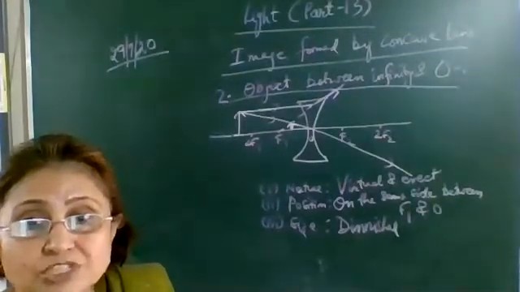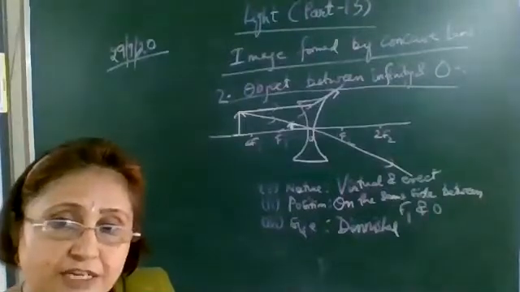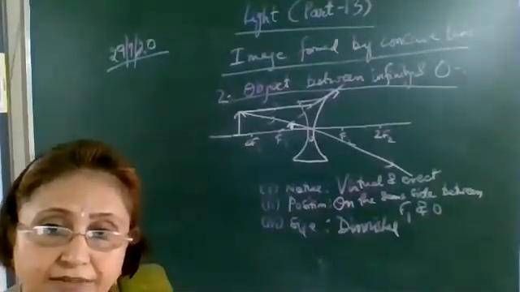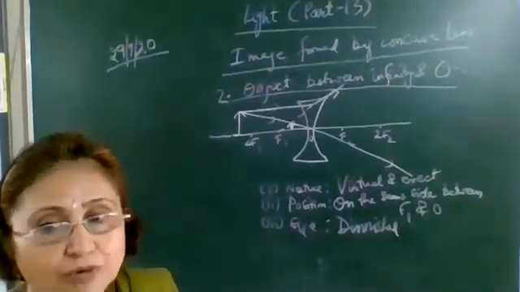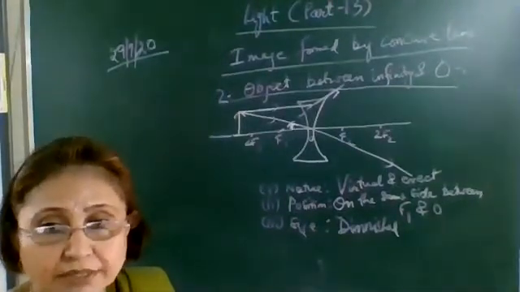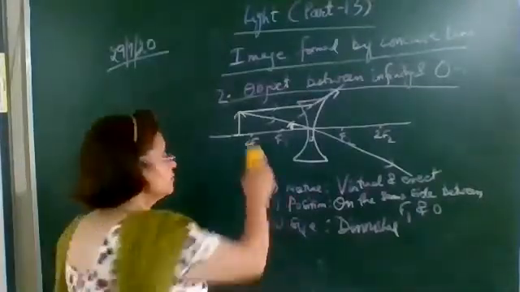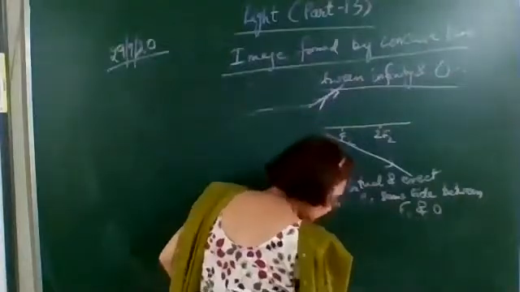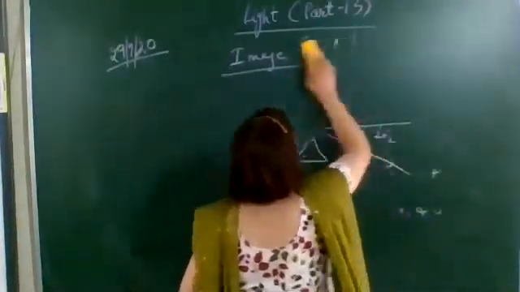Okay, next we come to sign convention, the new Cartesian sign conventions. As we have studied for spherical mirrors, the same way here we'll study for spherical lenses, and then we'll write the formula for the lens. That is the lens formula. We'll write it down. The derivation is not in the course. Derivation is in class 12. So here we only have to study the lens formula. So before studying that, the sign convention, new Cartesian sign convention.